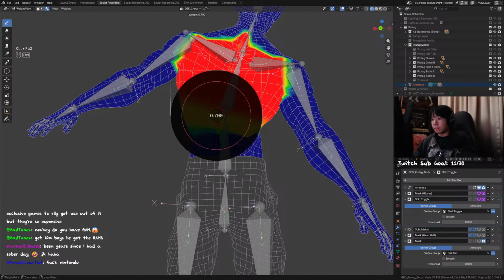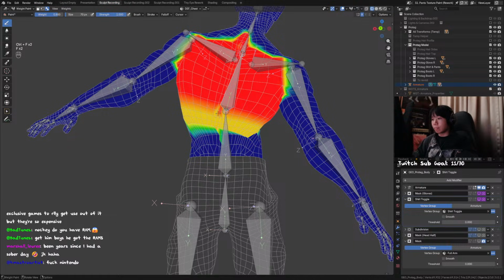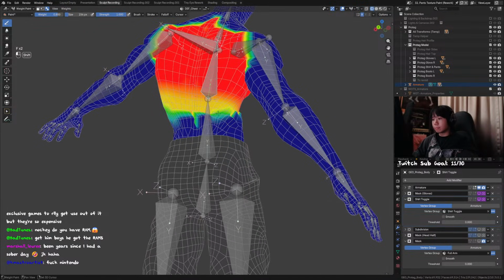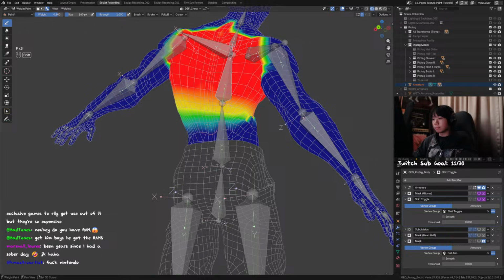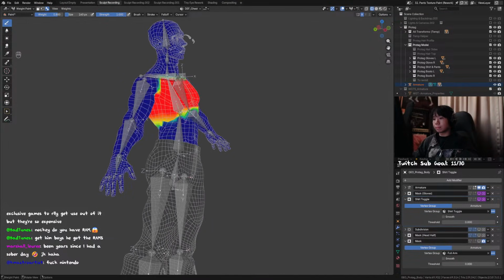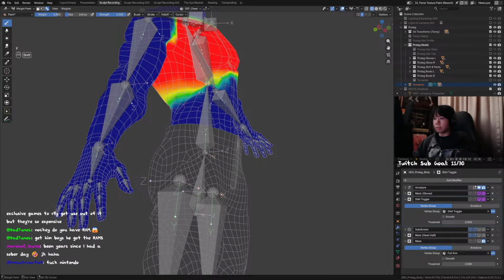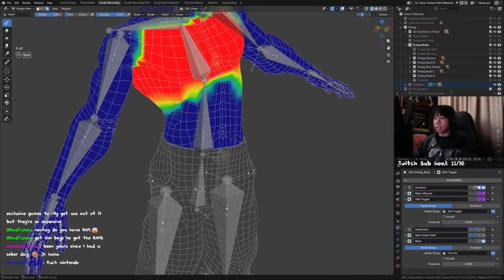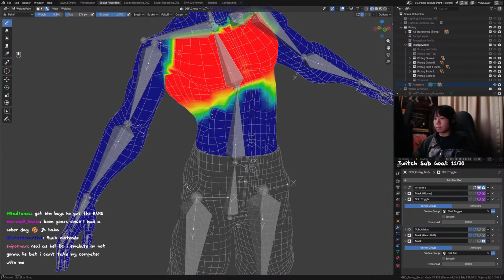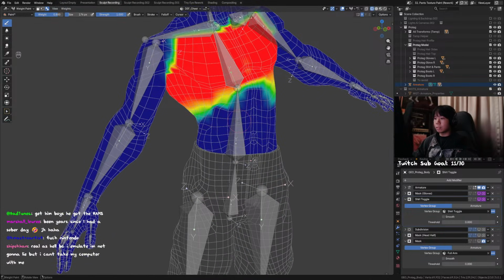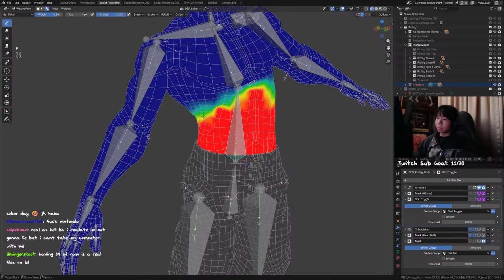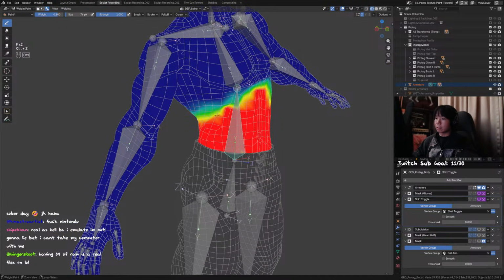Let's do 0.7, no, 0.8, yeah. Alright, okay, let's smooth that out so that we can see what we're working with, and then... Okay. I think let's add... No,